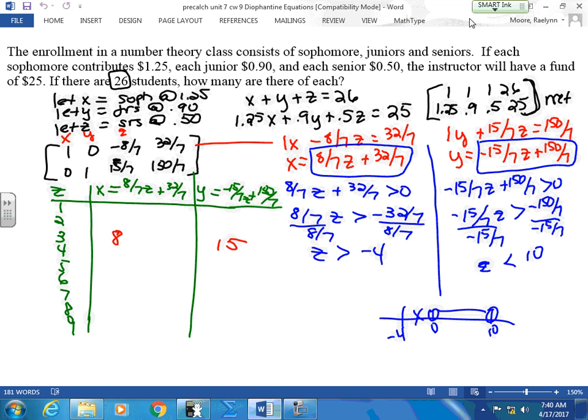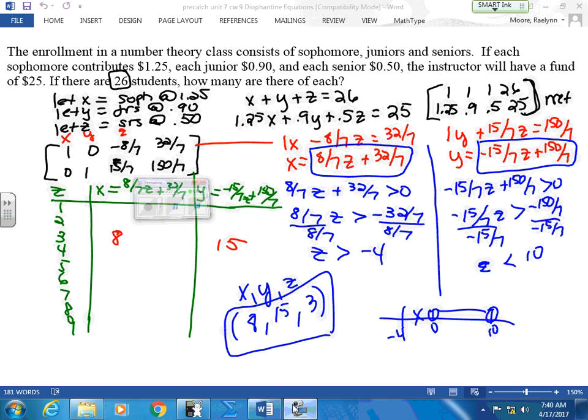So this guy has one solution. And remember, we need it in X, Y, Z. So put the X value first, then the Y value, then the Z value. This is the only solution. Now, if that came up like that and none of them were positive integers, we have no solution. You can go through all that work and have no solution. It's not hard. It's not that bad, but you really do have to just